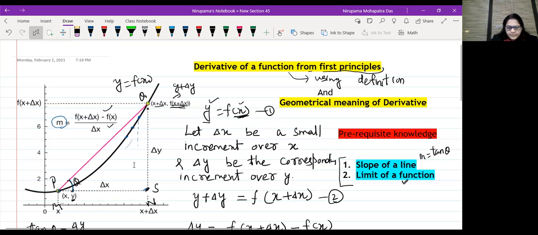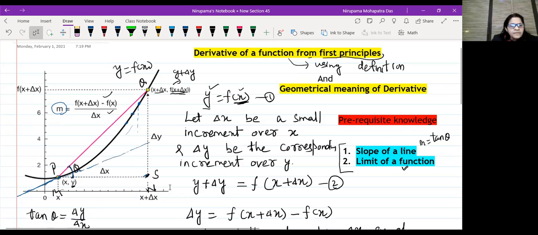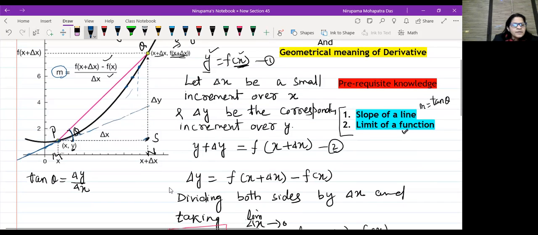So here you see, now you can relate the diagram. This is theta. When Q approaches P, I mean h or delta x approaches 0. Now at the limiting position, the position of PQ is becoming like this. Then what is happening? Till now we were having tan theta equal to delta y by delta x. So now when you take the limit,